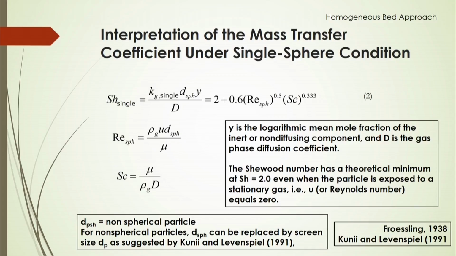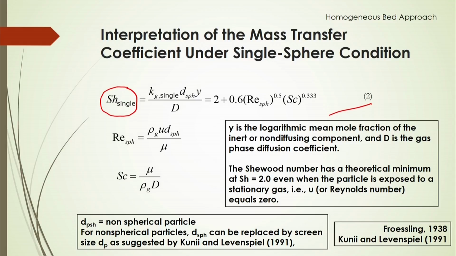This Kg single can be represented by the correlations given by different investigators. Here, very important correlations are given by Frössling in 1938 and by Cooney and Levenspiel in 1991. They suggested these correlations based on their experimental data, obtaining the mass transfer phenomena from their experiments, and this can be represented by the Sherwood number of a single particle, which is defined